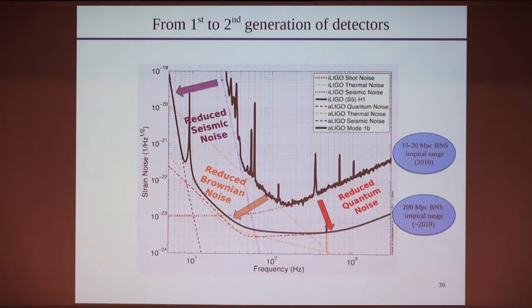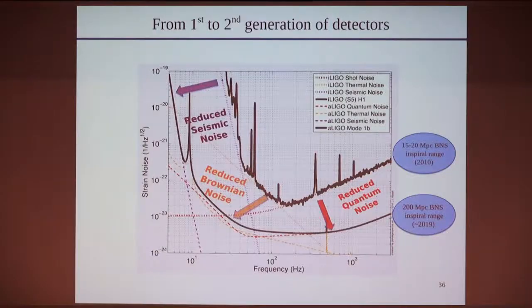So let me explain the sensitivity of the detector. What you see here is the noise spectral density. I should have written the formula: it's just the Fourier transform of the autocorrelation of the noise. You take your data, you autocorrelate it, you take the Fourier transform, and you square that. This is what you obtain as a function of frequency, and this is what was obtained with the first generation of detectors.